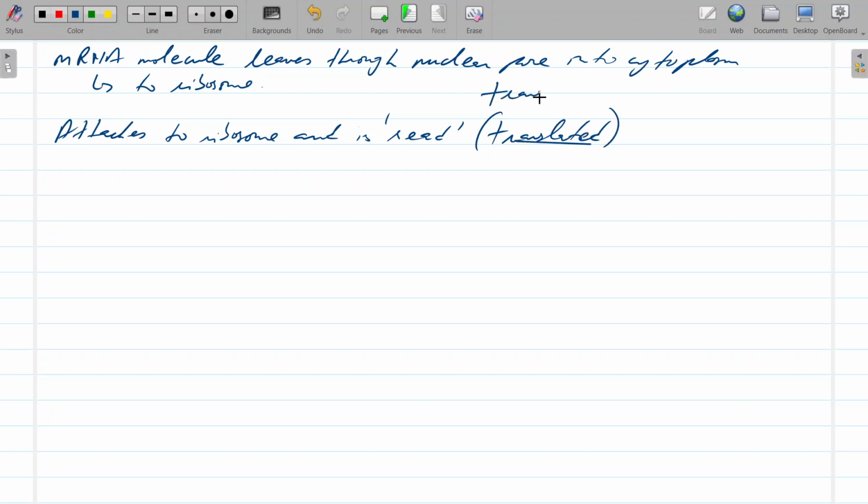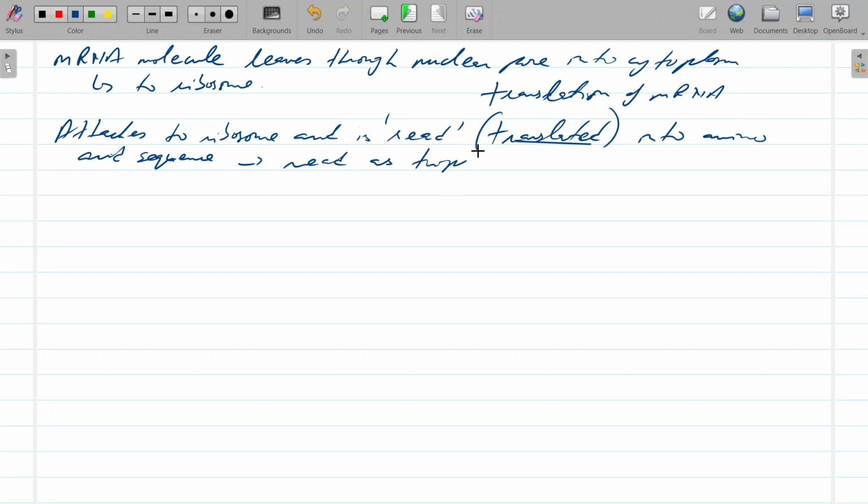This process is called translation of the mRNA molecule, right, into the amino acid sequence, right? It is read as triplet codes, obviously. And so what happens in the ribosome is that the ribosome holds the mRNA in place,